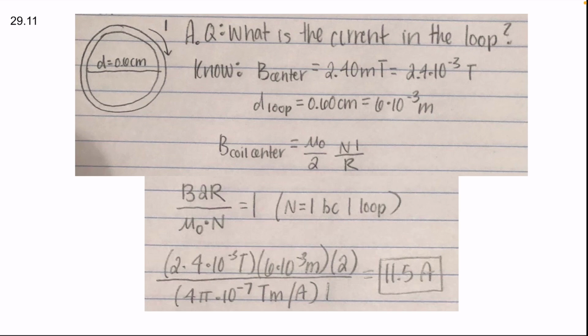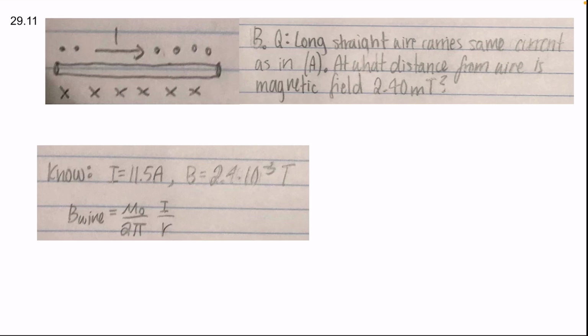So that's part A. Part B states that a long straight wire carries some current, the same current as in A, which is 11.5. At what distance from the wire is the magnetic field 2.40 milliteslas, which once again is the same value we had in A. So the equation for this, once again, is given in the book. It's that constant over 2 pi times current over R. So what we're wanting to solve for is R,